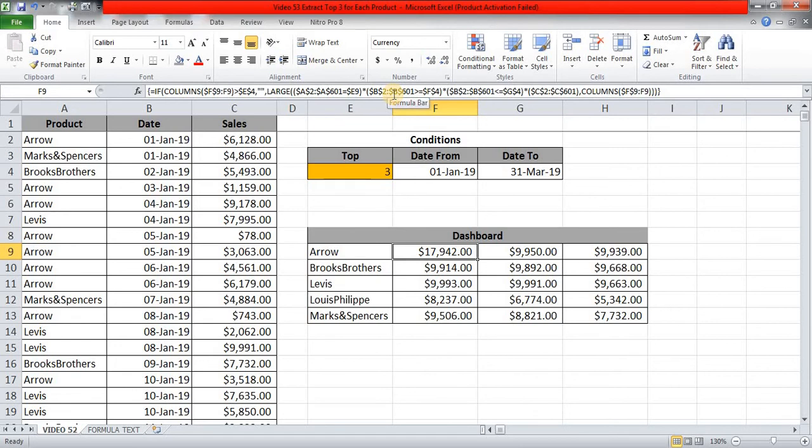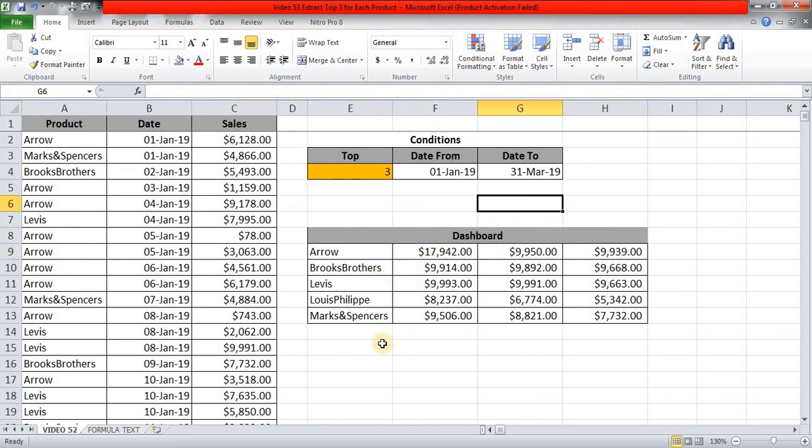Again it's doing the same thing here when it is doing with those dates, and then all that products of ones and zeros get multiplied with their corresponding sales values, so as to have a number of values which fulfill all these 3 conditions, and then the LARGE function takes out the top 3 sales for each of these products. So friends, this is how you can use LARGE IF COLUMNS with array feature.